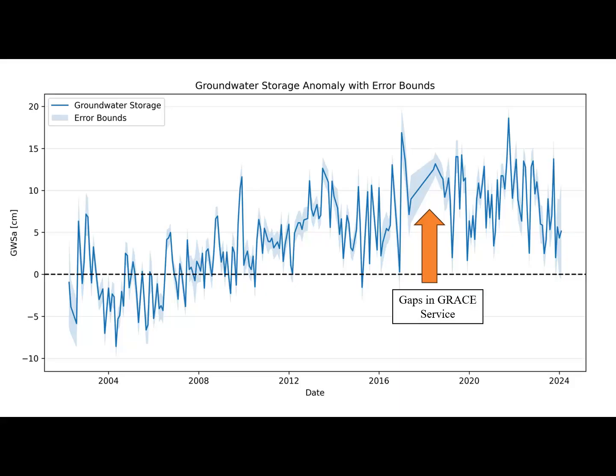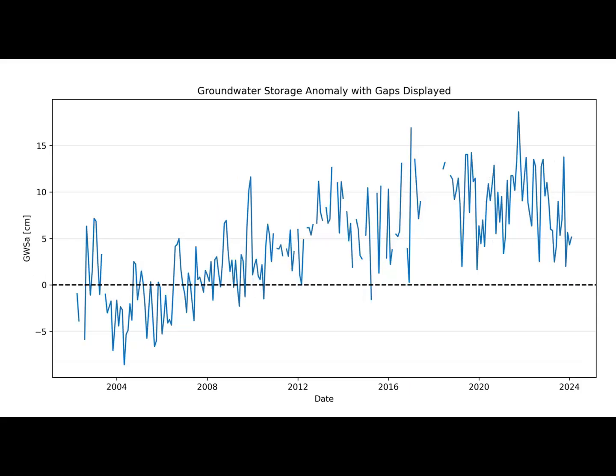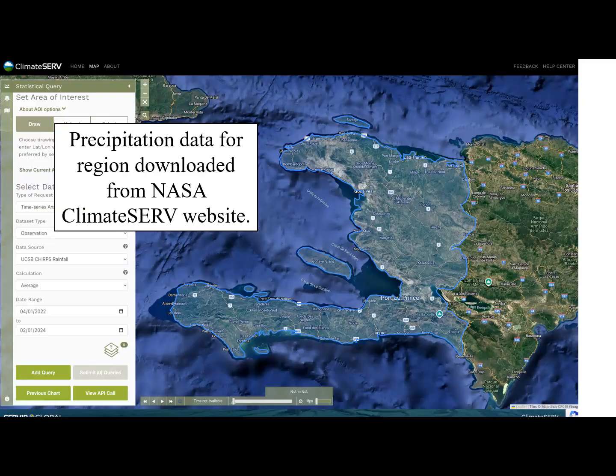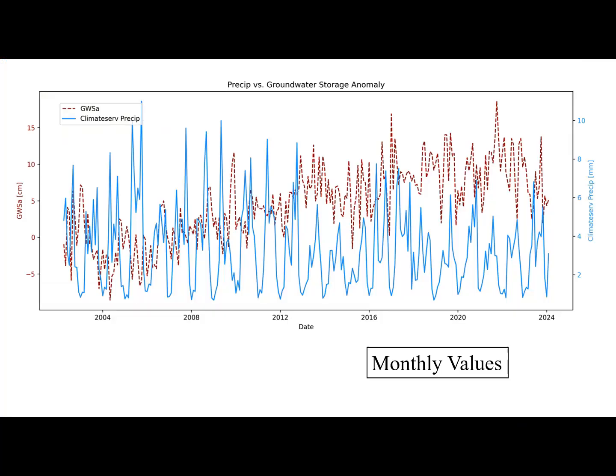And once again, we have the gaps in the GRACE service. So this is what it looks like with the gaps displayed. I don't have the uncertainty bars on here now, but it gives you a good idea of where those gaps are. And then this is what it looks like after those gaps have been imputed using our statistical tool. And again, if we process the ClimateServe precipitation, like we discussed earlier, and overlay that and plot it with the groundwater storage data,